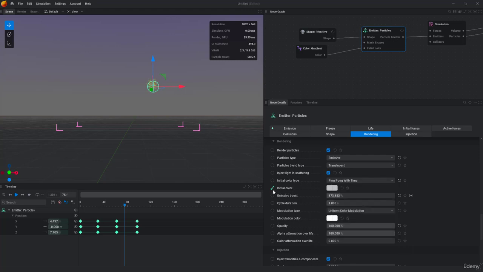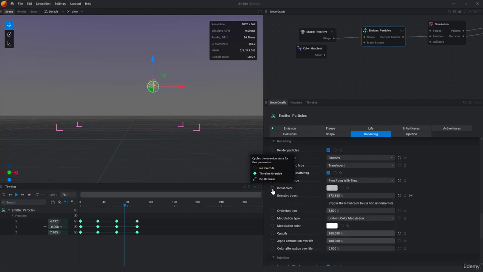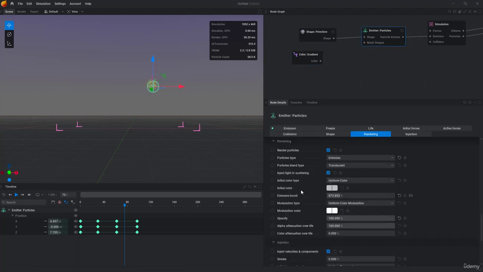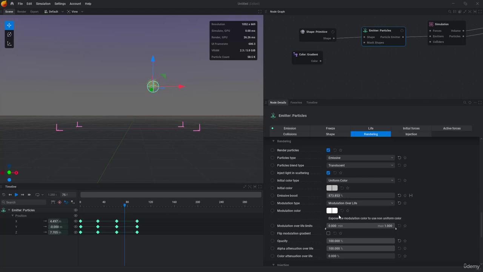And now I'm gonna change that. Let's go ahead and turn off the input, and let's go back to uniform color first, and you can see we have modulation type. So basically I want to change the color based on their life. For example, I'm gonna change over life, and this time you can see again we have exposed the modulation color to use non-uniform color. So I'm gonna choose once and twice, and I exposed that. So now if I link that to the color,